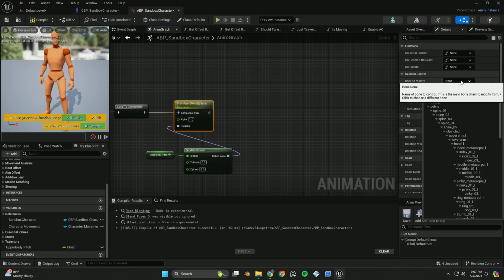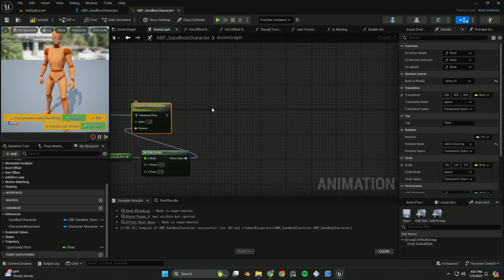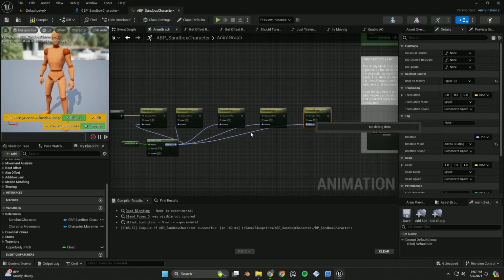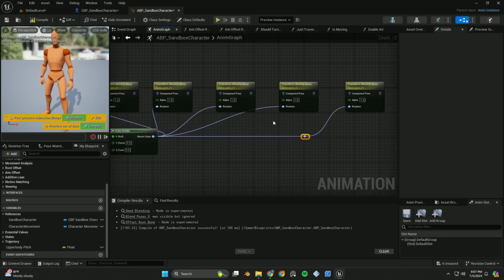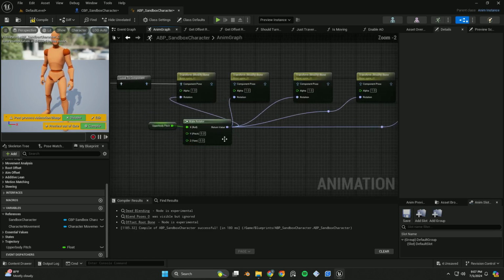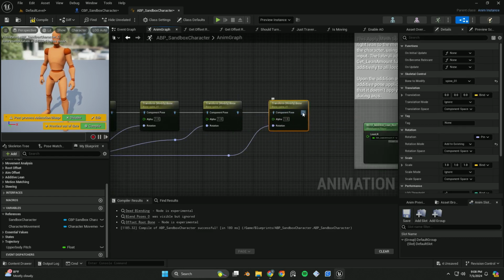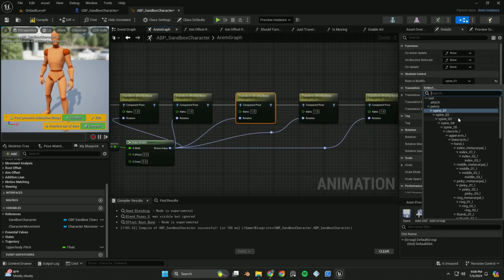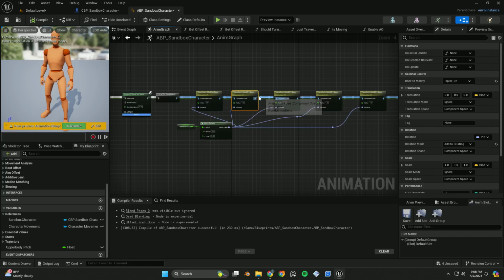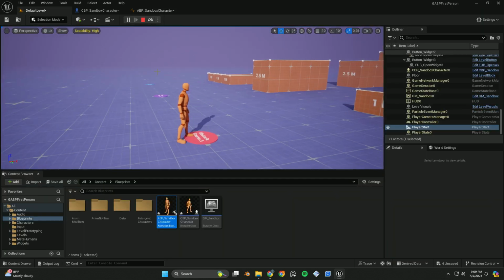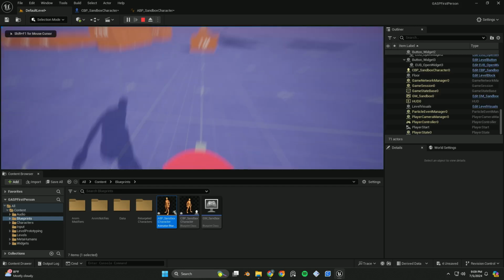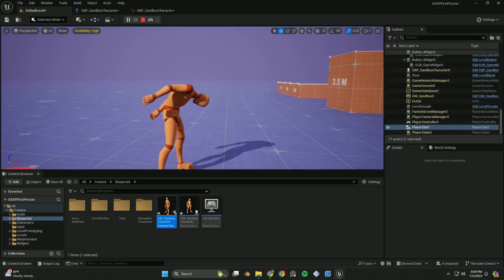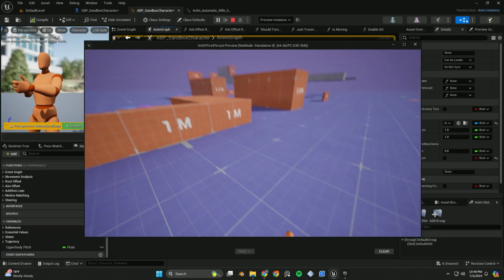Set this to spine 1, and then you could go ahead and copy and paste that 4 times, and make them spine 2 to 5 respectively. Gonna speed through all of this because it does take a little bit to set up, but take your time with it. Alright, so now we added all that back up to where the motion matching was. This is where we're changing the bone names. And save and compile. So as you're standing neutral, you look straight forward, you look down, and now your character's slumped over looking at the ground. This is going to make more sense when you add a weapon or so, but